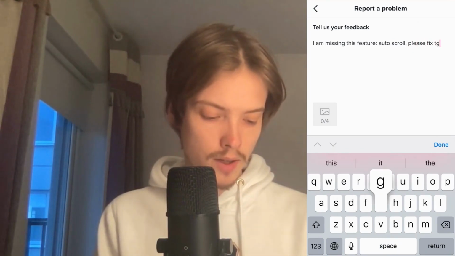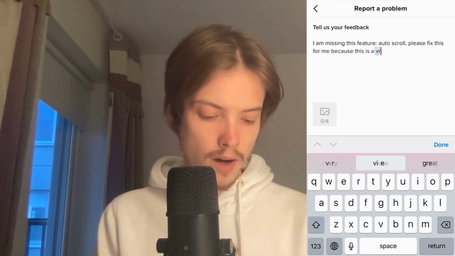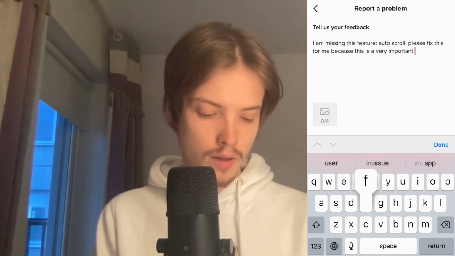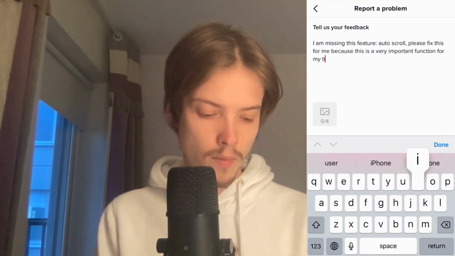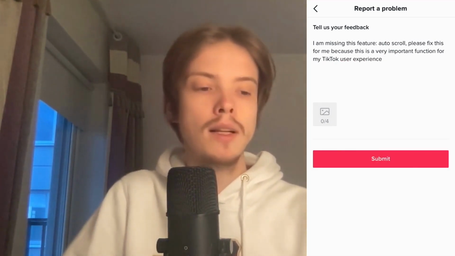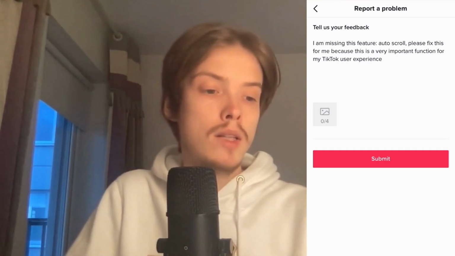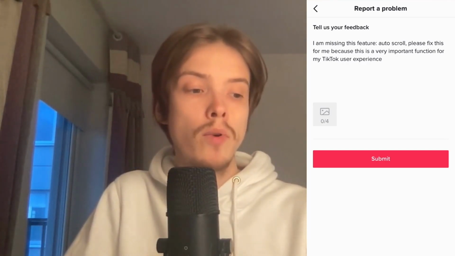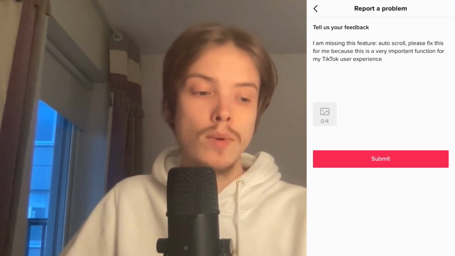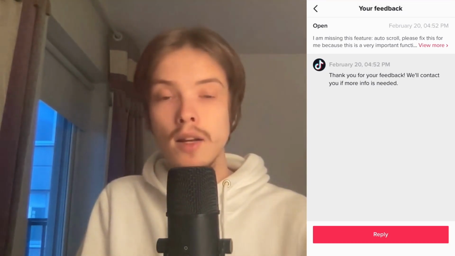Please fix this for me because this is a very important function for my TikTok user experience. You can write something like this basically. I am missing this feature, and specify what kind of feature it is. Please fix this for me because this is a very important function for my TikTok user experience. Now click on submit. Perfectly, as you can see, we're now taken here, and that is a good sign